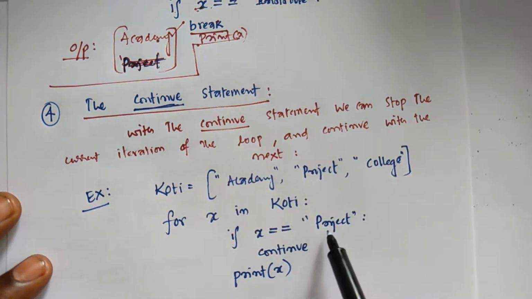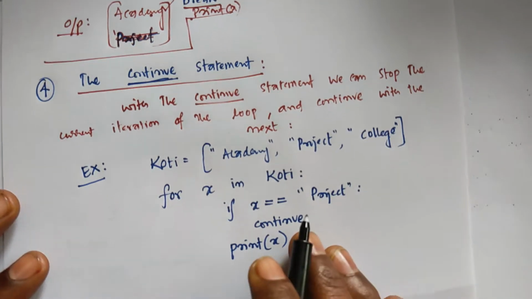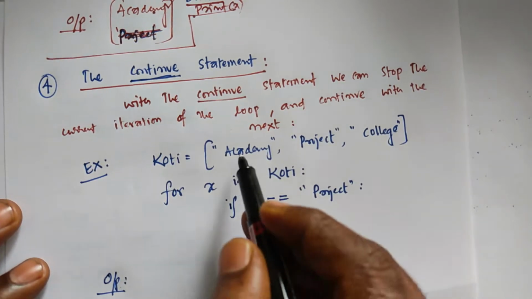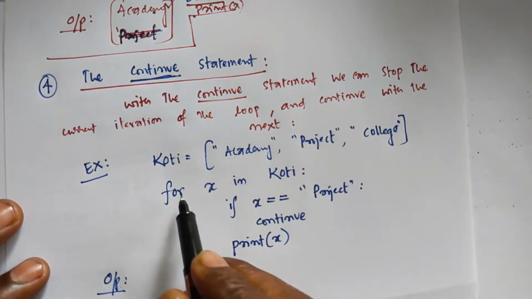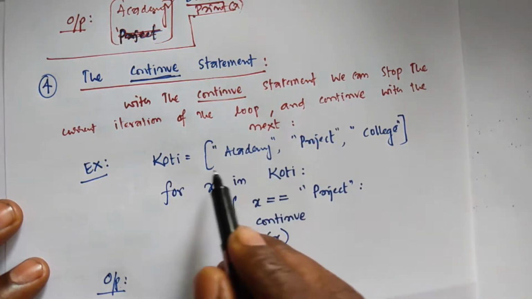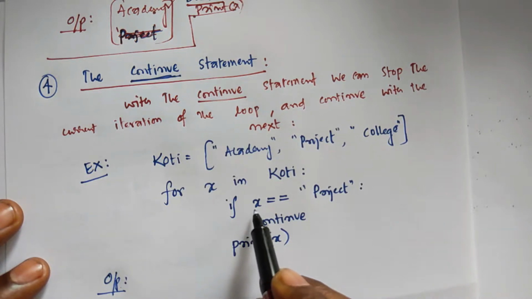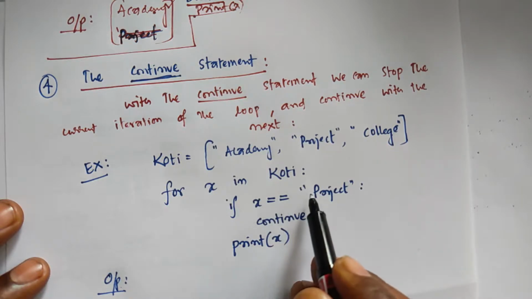You have to skip project and continue with the remaining items. So for example, in the quote variable we have academy, project, college. For x in quote, the first item academy moves into x. If x, academy, is equal to project, no, then you can